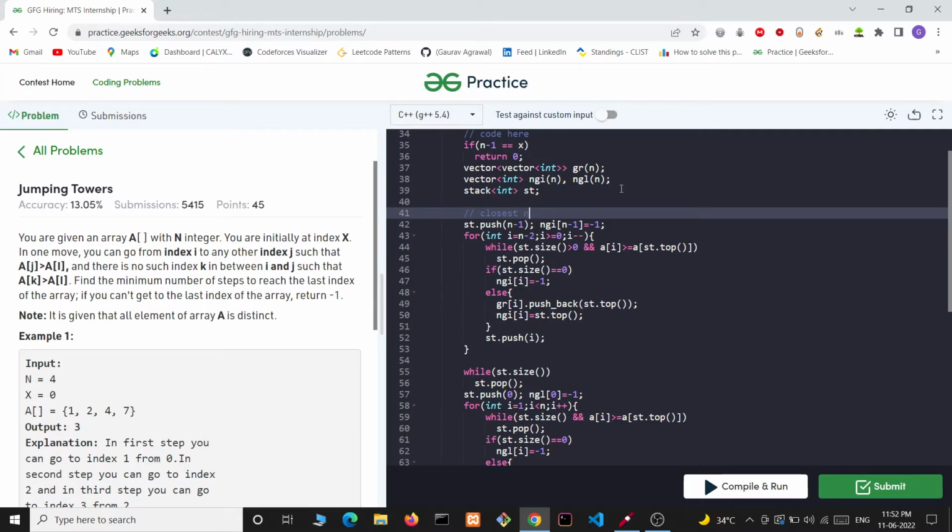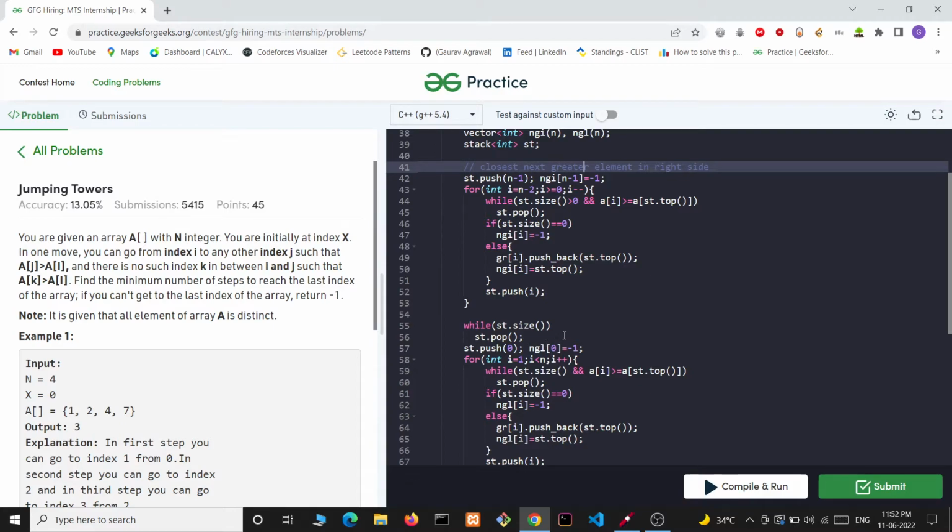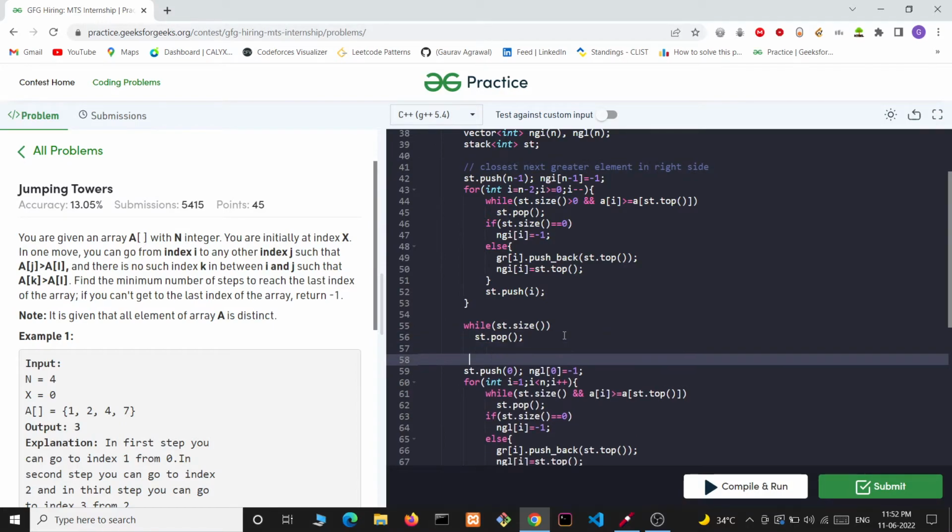Closest next greater element in the right side. Similarly, you can find the closest next greater element in the left side for each ith element.